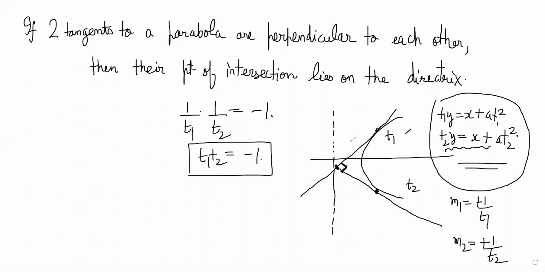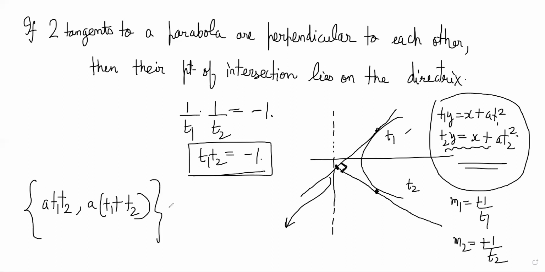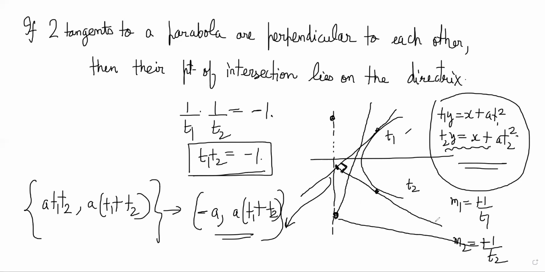And now remember, we know point of intersection of two tangents was supposed to be what? A T1 T2 comma A into T1 plus T2, right? Now, if T1 T2 is minus 1, this point becomes what? Minus A comma A into T1 plus T2, right? Directrix equation was x is equal to minus A, right? So this point is definitely lying on the directrix somewhere, right? So what this means is that from any point on the directrix, you can always find two tangents to the parabola that are perpendicular to each other,